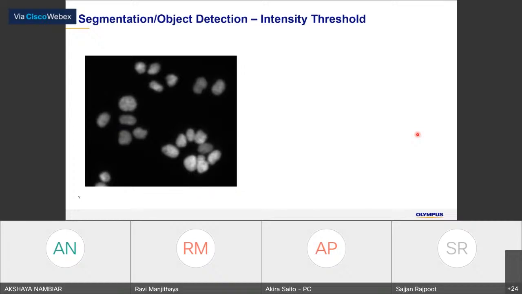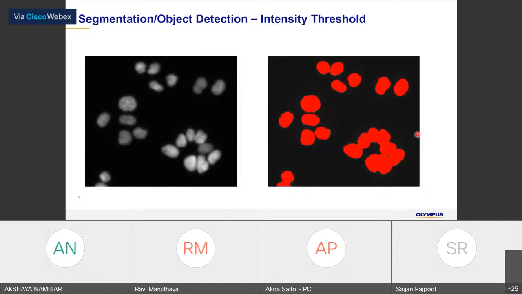So today's topic is about the segmentation of the object. For example, you got this kind of nuclear image. This is just the image with DAPI staining. And you can see that there are a couple of nuclei in the image. The easiest segmentation is to use the intensity information. I mean, give a threshold so that everything above some intensity will be detected. For example, you can just do the intensity thresholding and detect these areas.